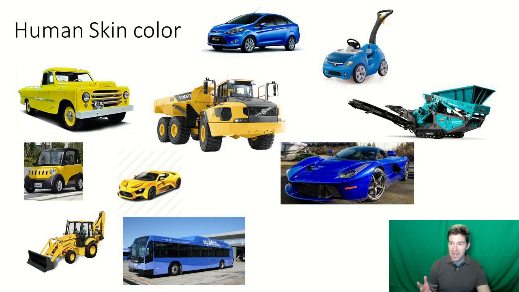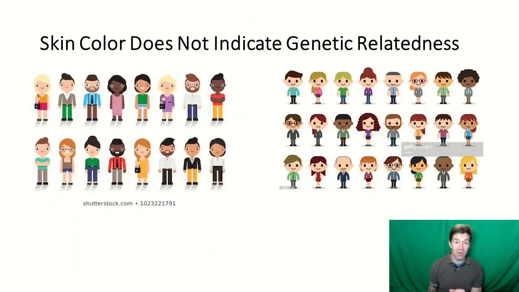So that would be like saying, hey, let's look at these vehicles. Are they more similar or not? And saying, oh, all the yellow ones are more similar than all the blue ones. And that's clearly not the case. So you've got construction equipment there. You have cars that are built for speed. You have other things. Just picking out the color doesn't make any sense if I wanted to start to group these different vehicles, right? And so using skin tone as a grouping mechanism for genetic diversity among humans, or genetic groups among humans, just doesn't make a whole lot of sense.